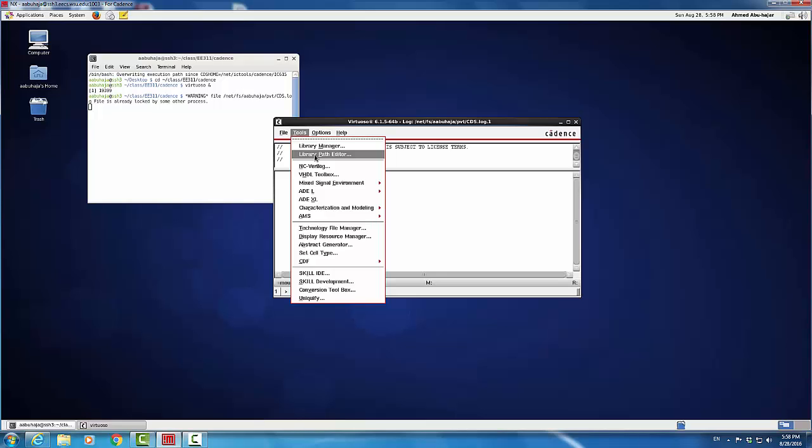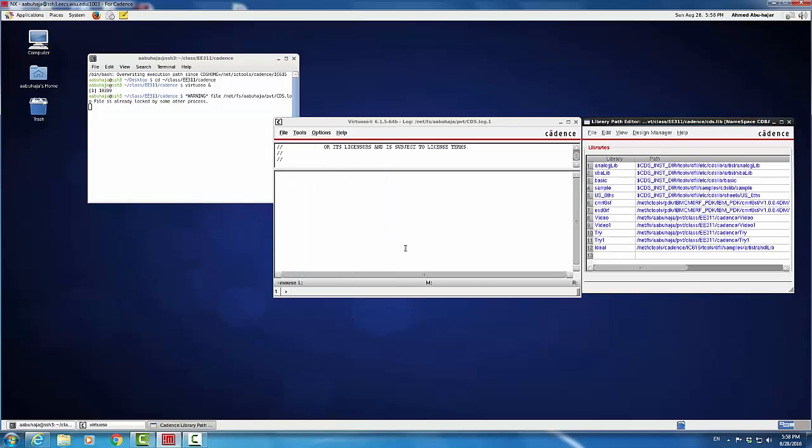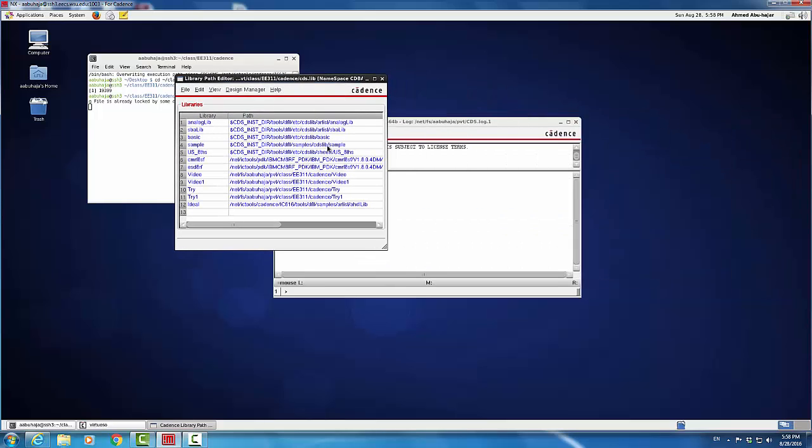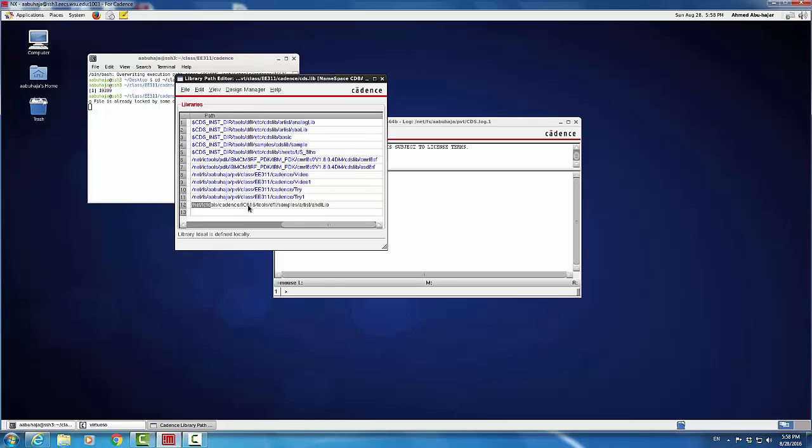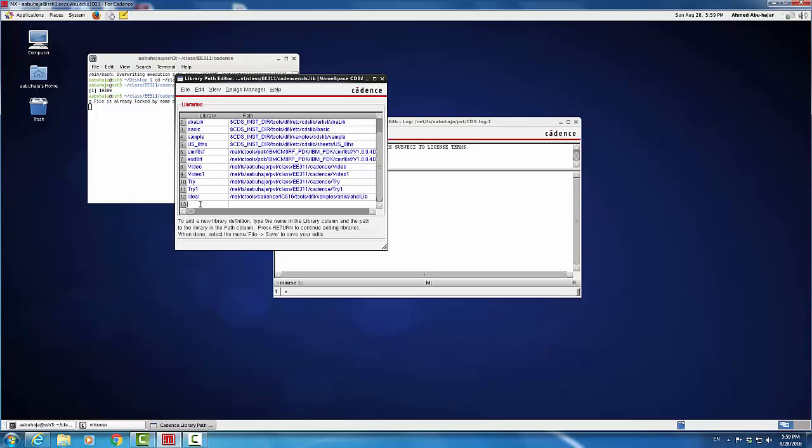We're going to come into Tools and click on Library Path Editor, and here is the Library Path Editor that we are interested in. I have created the library here. I called it ideal, and so I entered it in. So what you do is you can click on one of those, you can give it a name. I use the name ideal, so you can use the name ideal for it, and then the library path should be under wherever you have connected the Cadence tool at. In our PC that was /net